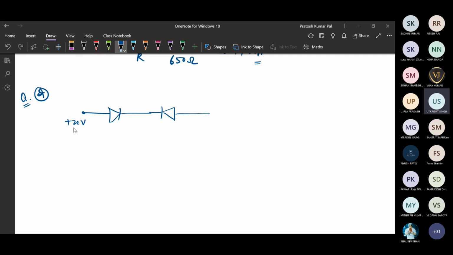Okay, so this is a silicon diode and this is also a silicon diode. So if this is the circuit, the current will be flowing in this direction. Okay, so this is the ID direction,